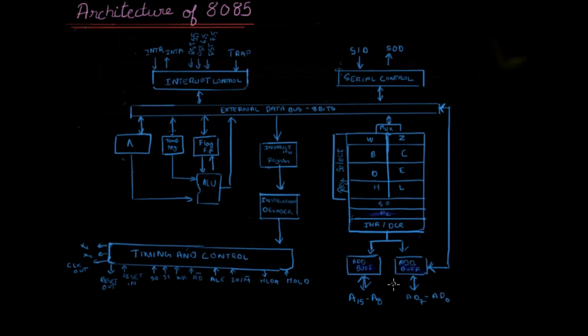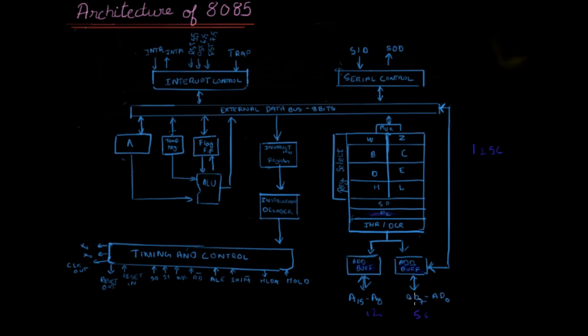Okay, now your registers in an 8085, if you saw my previous videos, are all 8-bit registers. So we have two separate address buses, one for the higher order and the other for the lower order. Now don't consider this deeply. I will be explaining that in a few minutes' time. So suppose we have an address 1256. 12 is the higher order and gets transmitted through this. 56 is the lower order and gets transmitted through this. It moves to that particular address location in your memory, takes the particular data, and sends it through